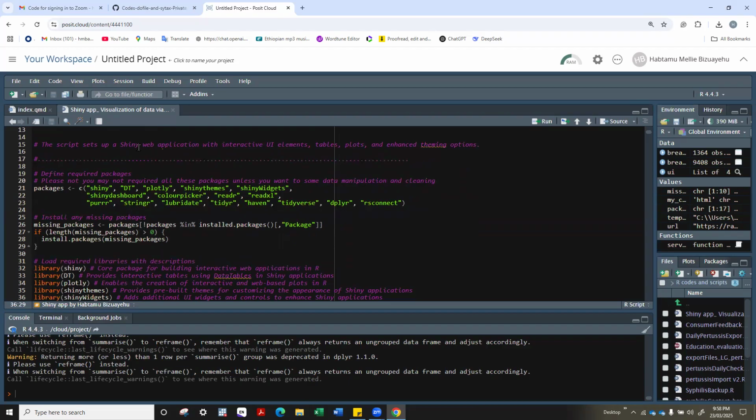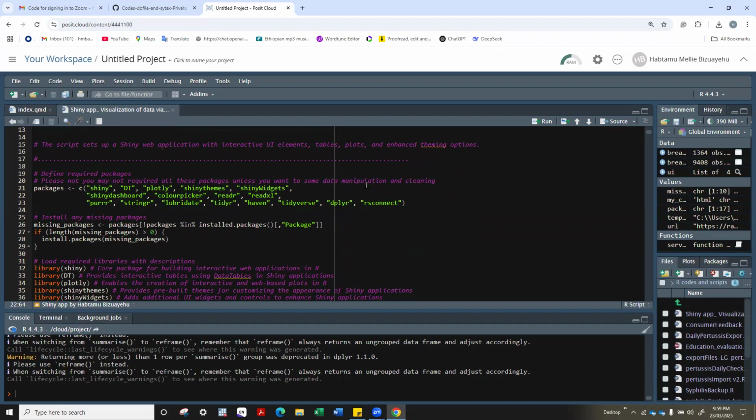I will not go into more detail about the data cleaning and exploration stage, but I will just give a brief highlight. For Shiny application visualization, we need the Shiny package, DT for interactive tables that we saw previously, and another package also for interactive tables, shinythemes for different themes, and shinyWidgets, which